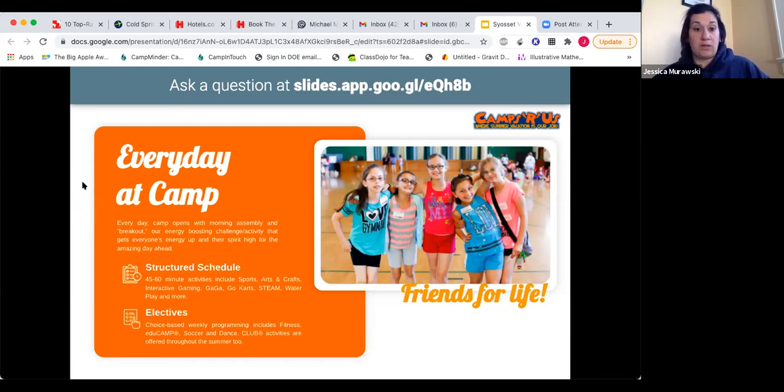Our campers do not intermingle with each other. So if they're in group 3-4, they stay in group 3-4, and they will not intermingle with 1-2, 5-6, or any of the other groups that are on campus. Everybody stays in their cohort. Once that morning arrival ends,